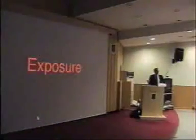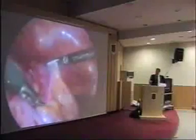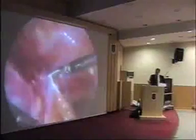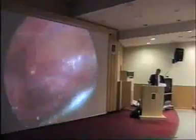You can see I use Storz reusable ports. I think these are the best, to be honest. You can spend a lot of money on disposables, but I tend to use reusables. I think it's economically and environmentally much better. Here we can see, in this left nephrectomy, mobilizing the colon and just retracting immediately, looking for the space where the